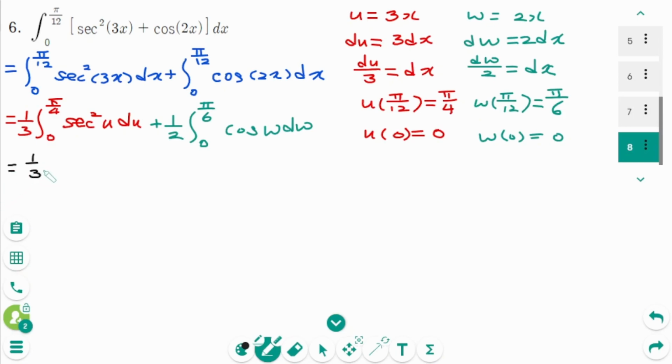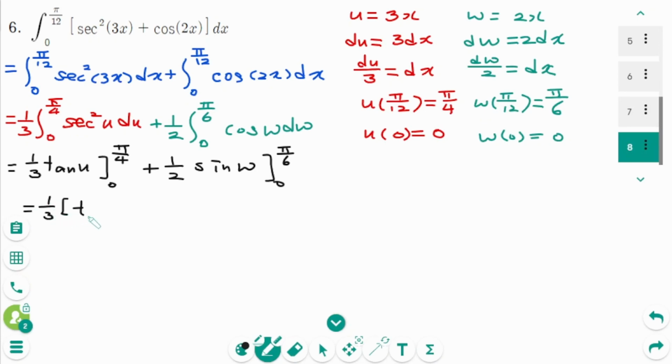equals 1 over 3 times the integral of secant squared u, which means tangent u from 0 to pi over 4, plus 1 over 2 times the integral of cosine, which is sine w, from 0 to pi over 6, equals 1 over 3 times tangent pi over 4 minus tangent 0, plus 1 over 2 times sine pi over 6 minus sine 0